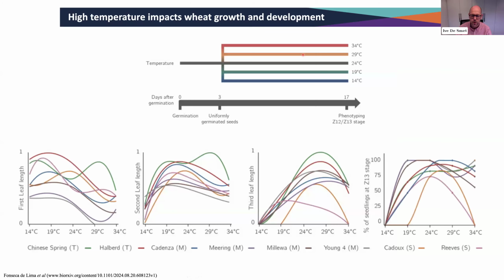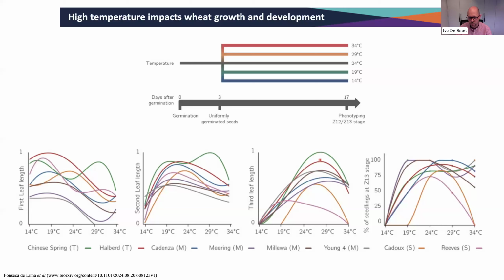So if we take a more quantitative look at that and indeed try to phenotype these young seedlings at a given stage while they have been growing at these indicated temperatures, then we immediately see that, specifically focusing here on the third leaf, there is this growth response along this temperature gradient, which nicely reflects the plasticity of these wheat seedlings along this temperature gradient,